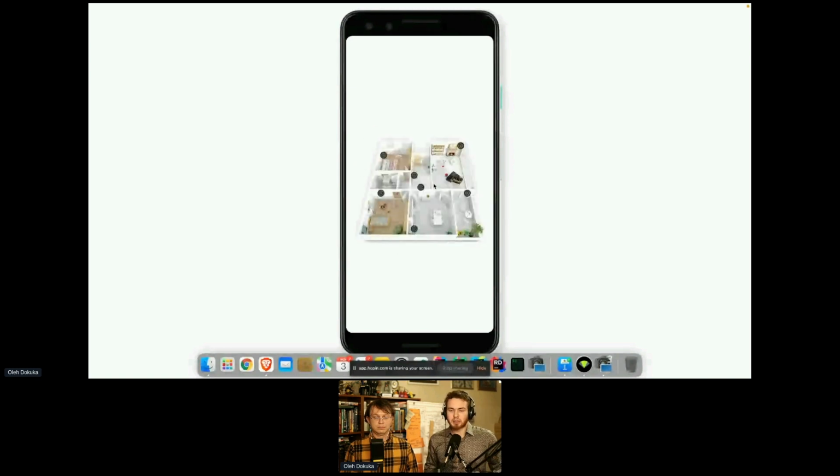So we have this simple UI. You are able to choose your apartment, since you're a software engineer, so you may have multiple of them, right? And once you've chosen one, you want to observe the temperature in your apartment.